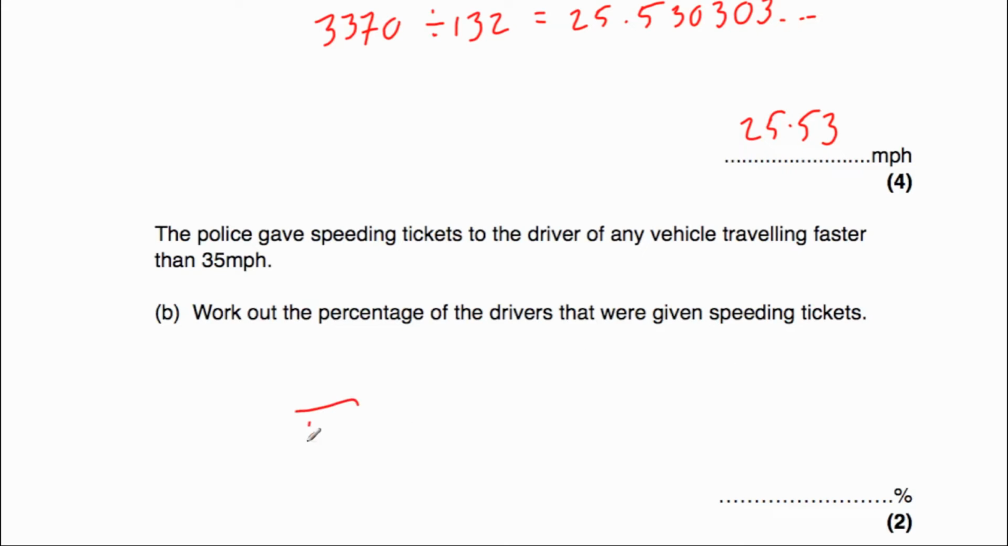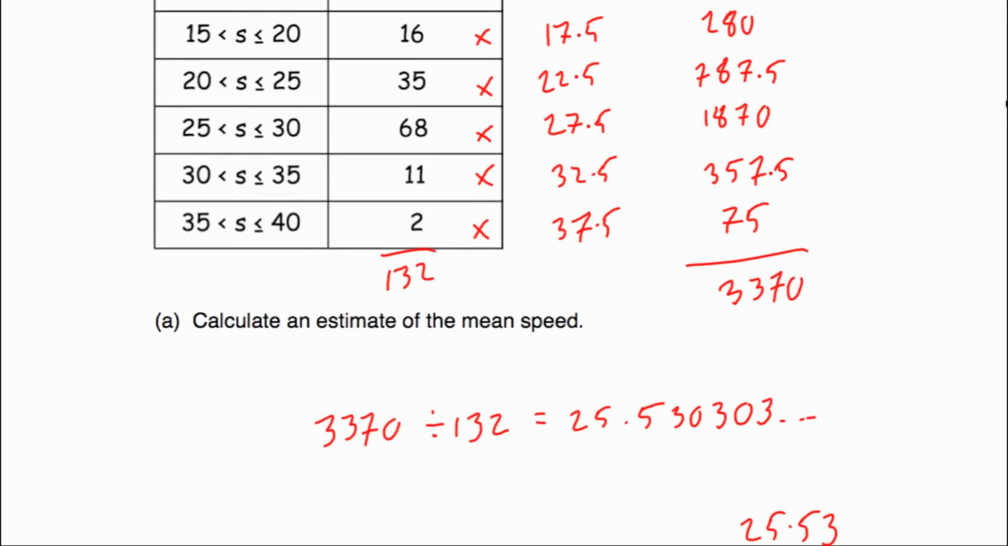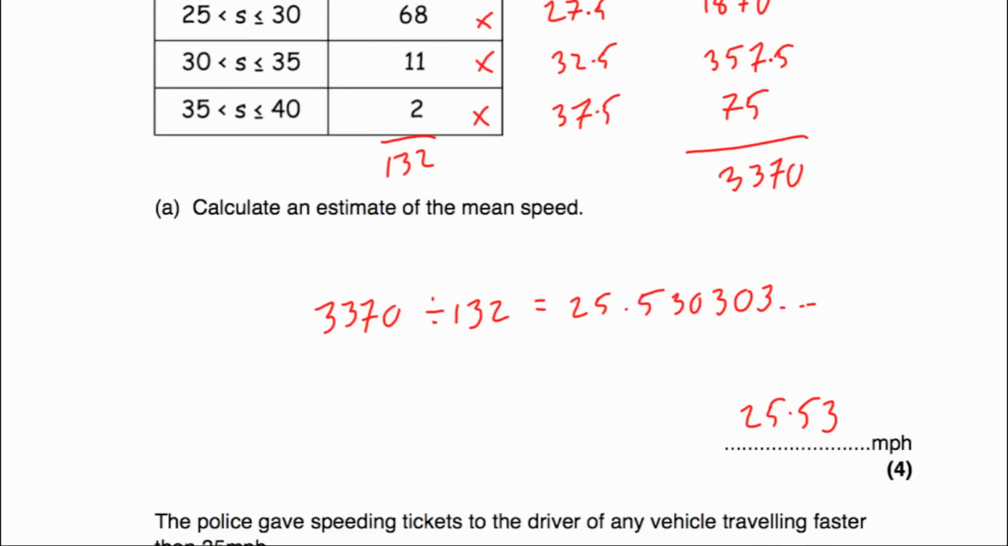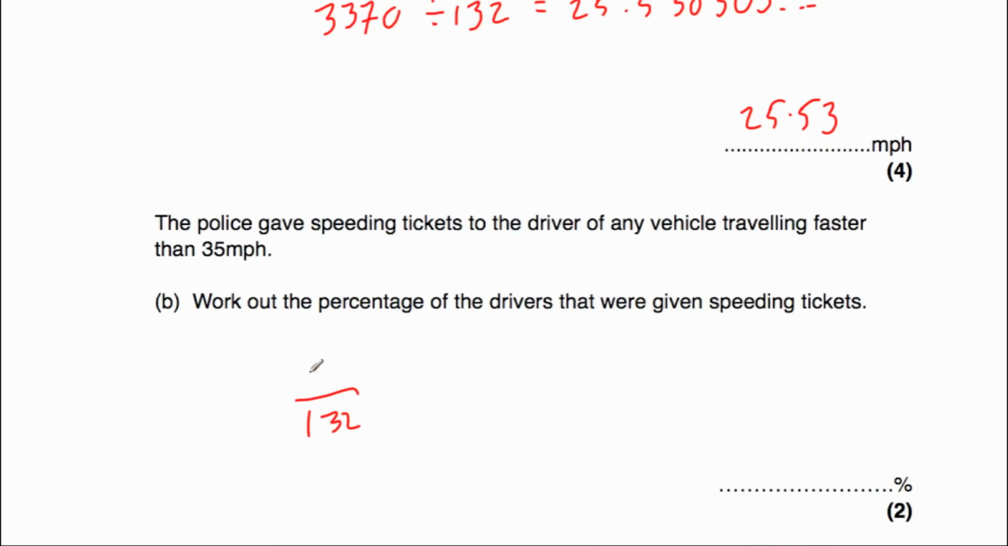So altogether there were 132 drivers, and let's find out how many of them were travelling faster than 35 miles per hour. So if we go up to our table, in our table we've only got 2 cars that travel more than 35 miles per hour, so it's going to be those 2 drivers. So they give out 2 speeding tickets. So we now just need to work out 2 over 132 as a percentage. So we'll do 2 divided by 132, which is equal to